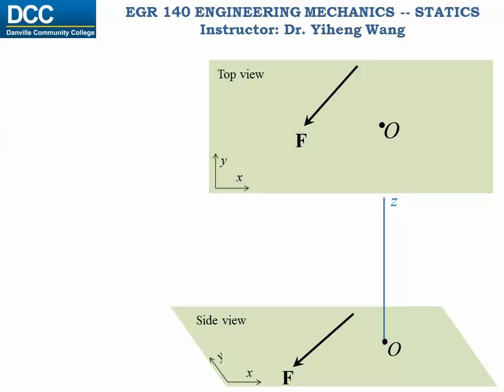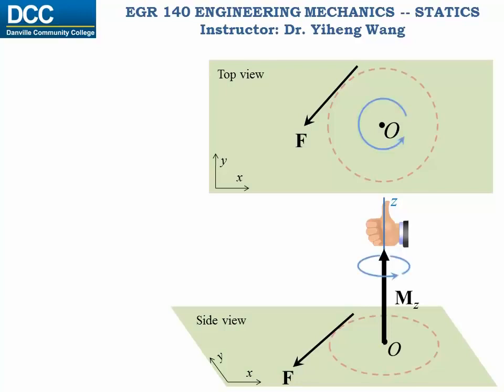The rotational effect caused by the force can be determined by the right-hand rule, which means that if you extend the 4 right-hand fingers from the axis towards the force, and then roll the fingers to the direction of the force, your thumb will point towards the direction of the moment vector, noted by Mz, indicating it is a moment about the z-axis. And the rotational effect is always counterclockwise about the moment vector, also agrees with the rolling of